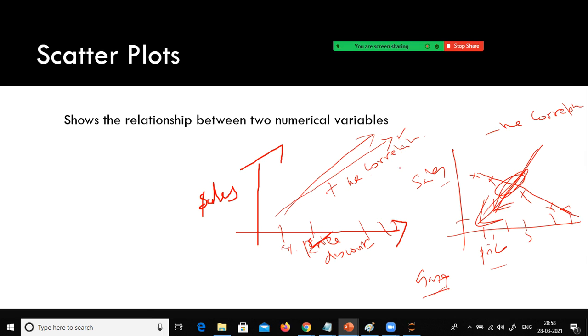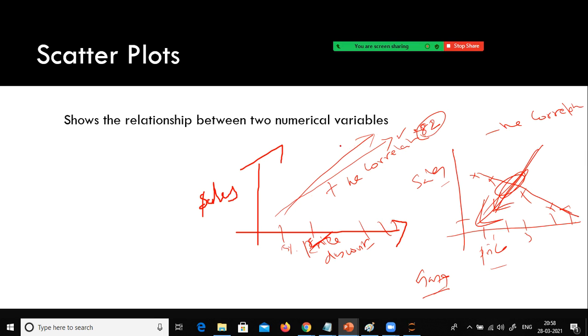Now the question that comes to our mind is, how do you quantify the relationship between these two? If you plot both the sales and discount in a scatter plot and you get a line like this, let's say hypothetically the correlation value is 0.82. That means this quantifies the relationship between these two variables.